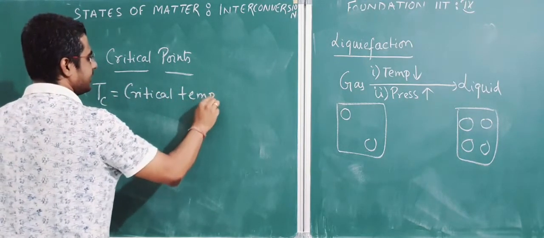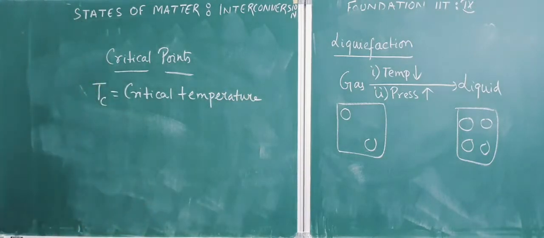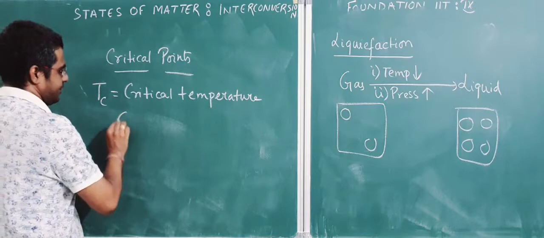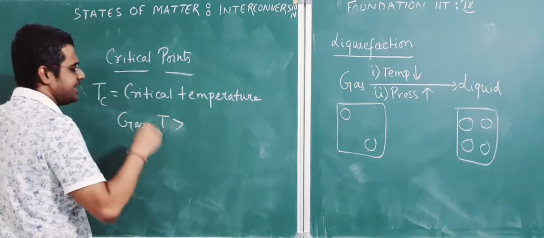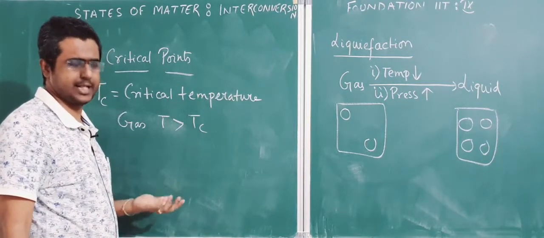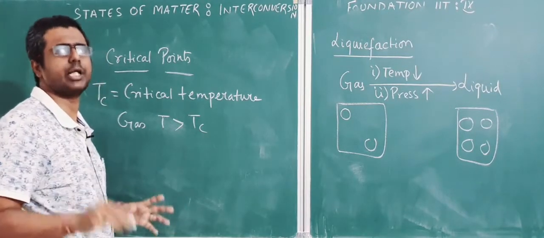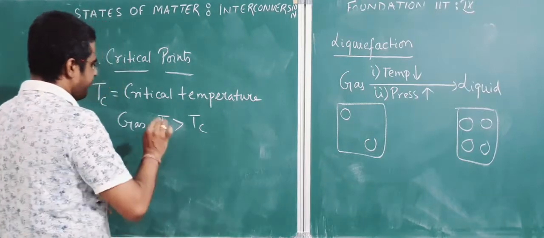For every gas there is a temperature that is called critical temperature. Write down please. Suppose you have a gas where the temperature is more than critical temperature, like air, at this moment the air's temperature is more than the critical temperature of air. So if it is the case,